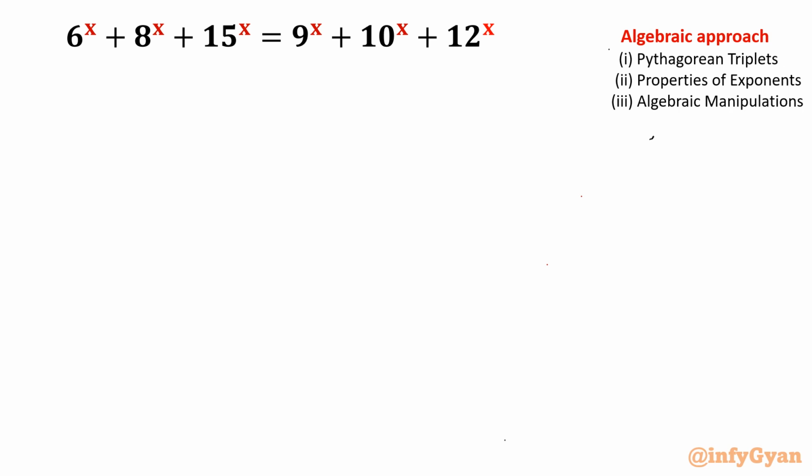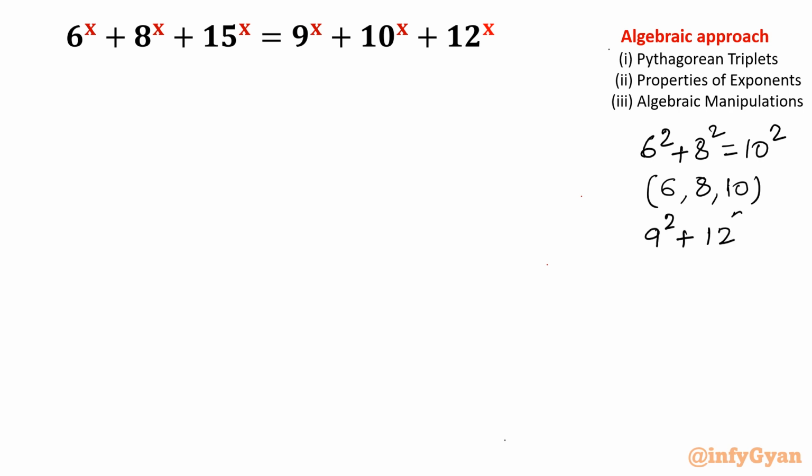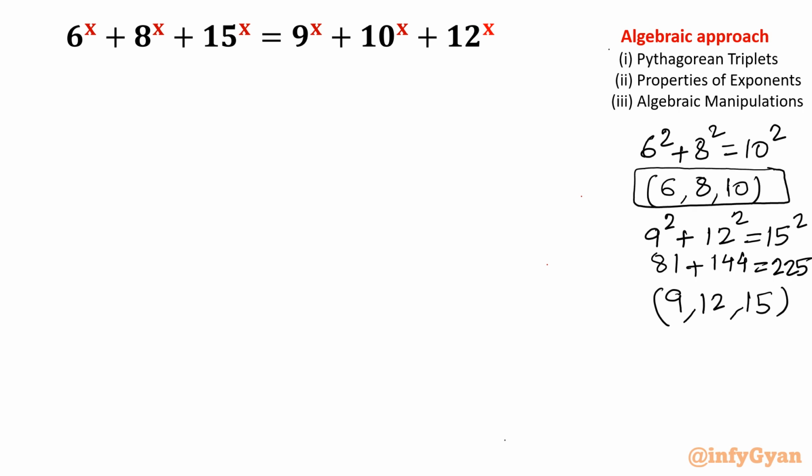I know that 6 square plus 8 square equals 10 square by Pythagoras theorem. So 6, 8 and 10 is a Pythagorean triplet. Similarly, if you check, then 9 square plus 12 square is equal to 15 square. 81 plus 144, that is 225. Meaning 9, 12, 15 is also a Pythagorean triplet. So keeping this in our mind,